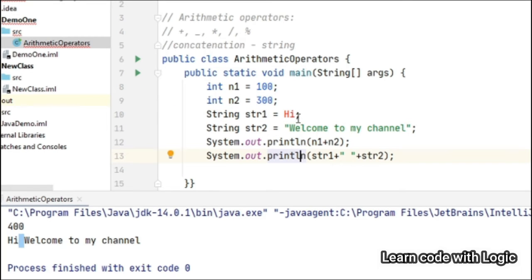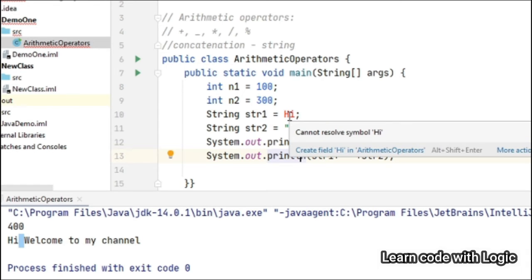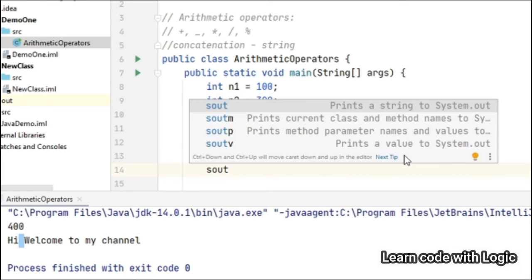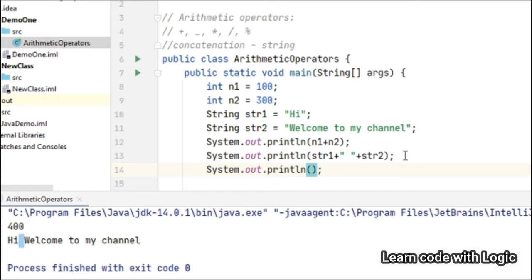If you come here and give the text without inverted commas, it also shows the error. Now let's do some of the operations. n divided by n2.